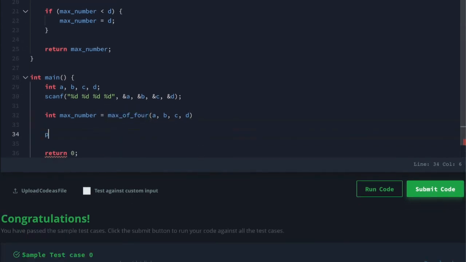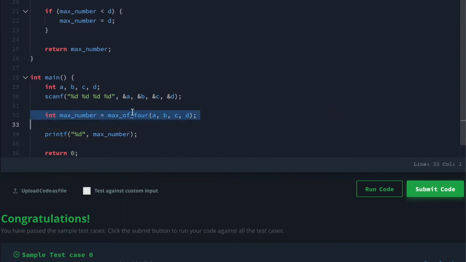Now we need to print it, so that it satisfies the required functionality of this program. Given we need to print an integer, we will write printf with the %d specifier, and then write the max number here. So this is how the function will be written.